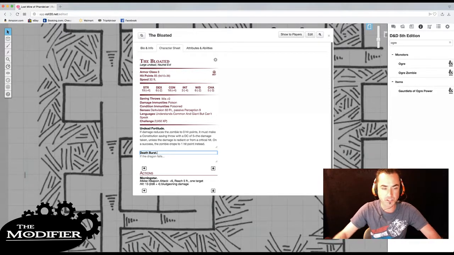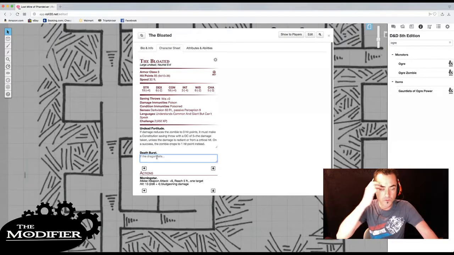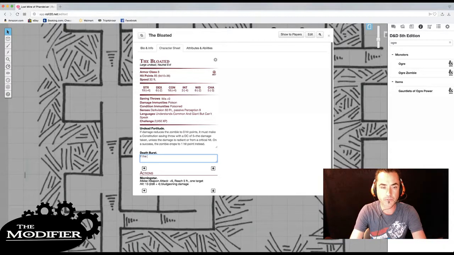So this is its Death Burst ability. So we'll say if the bloated is reduced to 0 hit points and fails its undead fortitude saving throw,